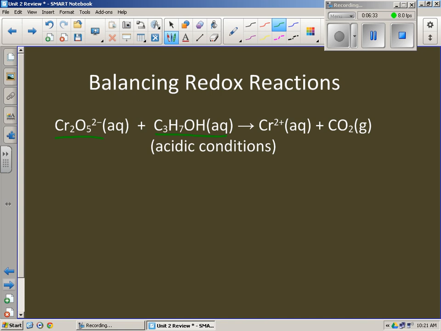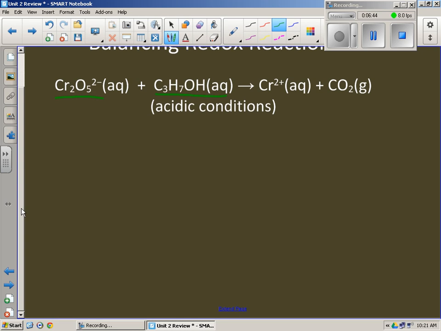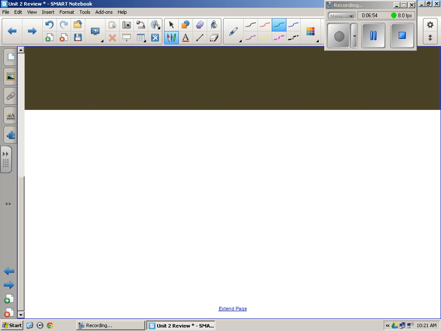You could do oxidation numbers, which we'll do later. And finally, you can do acidic conditions or basic conditions. This one says acidic, so we have to start somewhere. Which one is actually being reduced here? Which one is being oxidized? To be honest with you, if you looked at this, maybe you don't have a clue. That's okay. You got to start somewhere. So I'm going to start with this one here. I don't think I can move this down here, but I'm going to start with